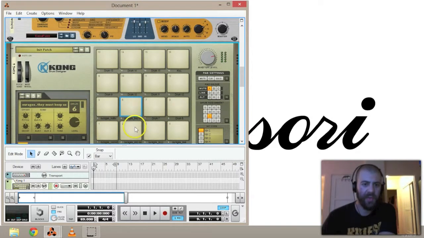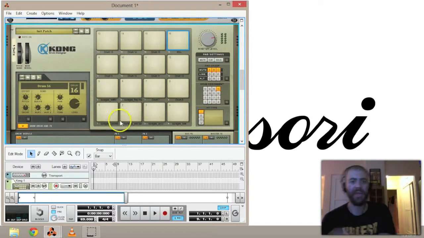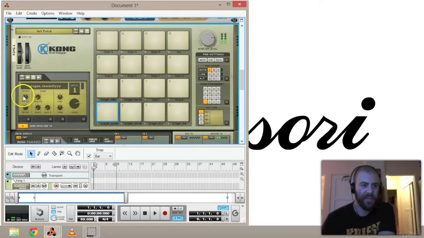Those two, 1 and 2, are the main loop. 3 and 4 are what I'm going to overlay over the main loop once the song gets going. And I'm actually going to pitch all these up slightly. And this number has already been determined since I've already made this song, but